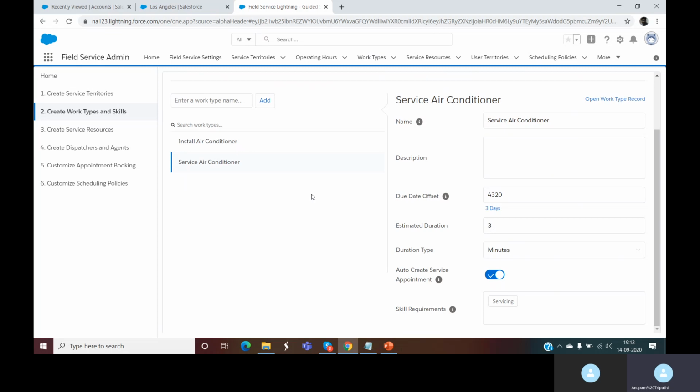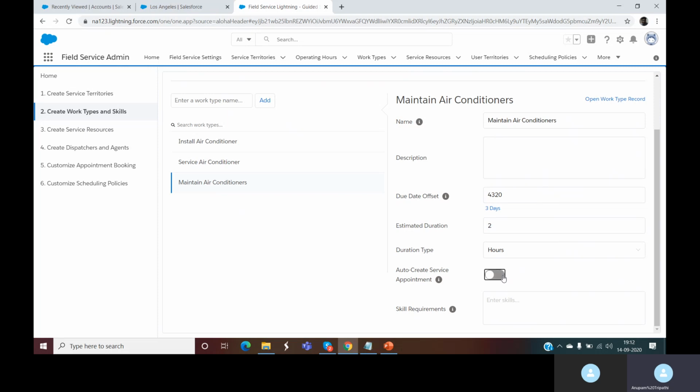Similarly, we will create another work type for maintenance. Maintain air conditioners. I'll click on add, and I will keep the offset of this. I'll change it to hours, and I will keep the estimated duration as 2 days.